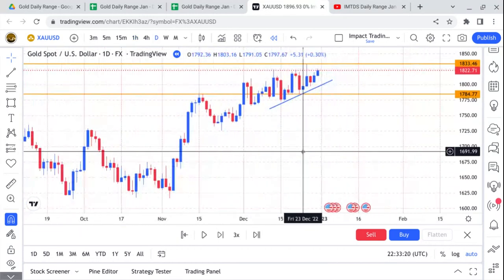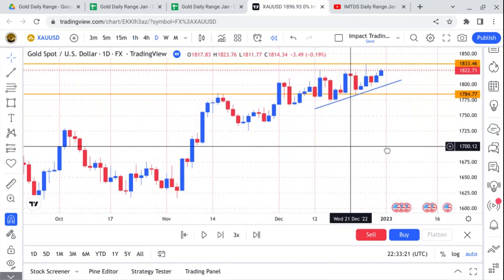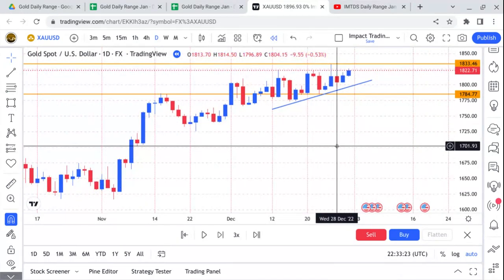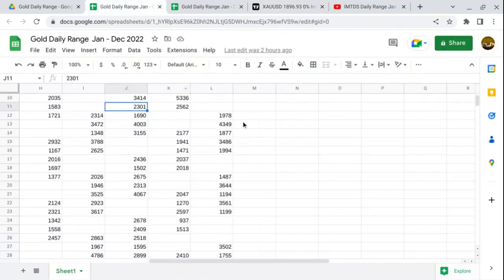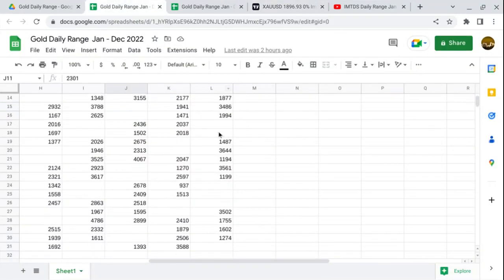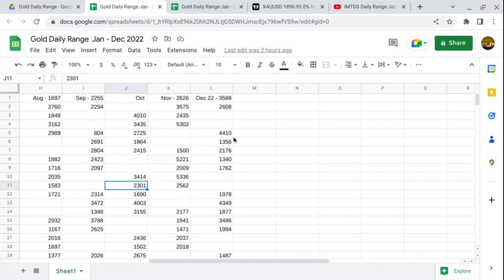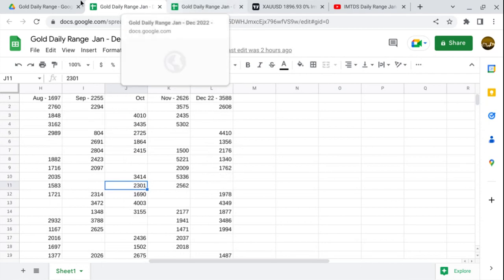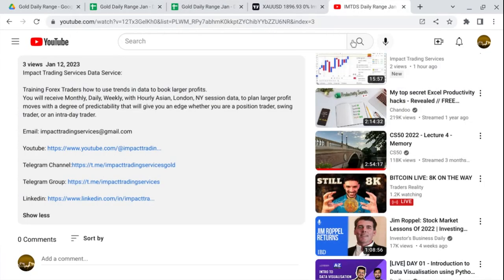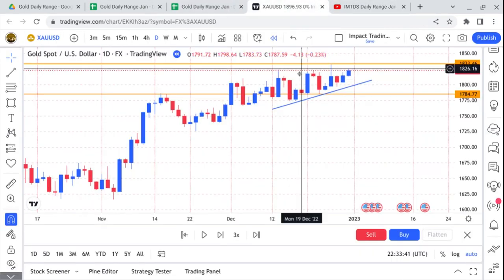This is how you will use daily range data before every trading session. You'll pull up your data sheet, you will review the data, you will look at trends in your data, and then you will book larger profits with a degree of predictability, knowing your supply and demand, support and resistance areas